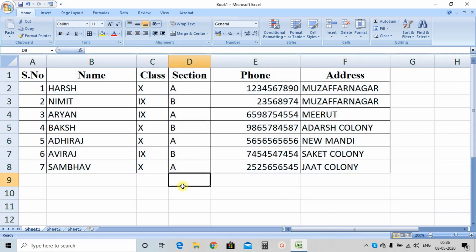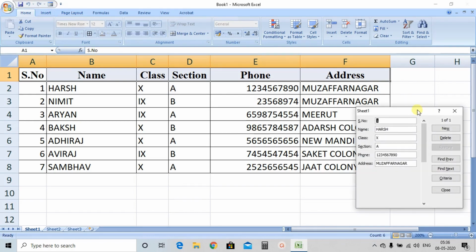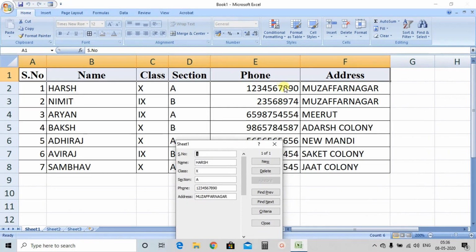But suppose you have more than 1000, 2000, 5000 record in your Excel sheet and you want to search a particular record from that. So what you can do, you just select the table heading, the column headings, okay. You don't need to select all the 1500 or 2000 record. Just select the column headings, then click on the form button on the quick access toolbar.